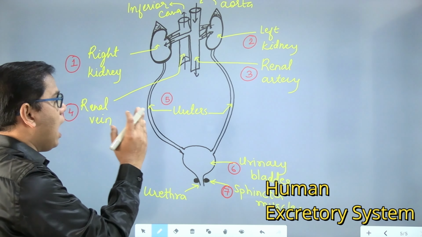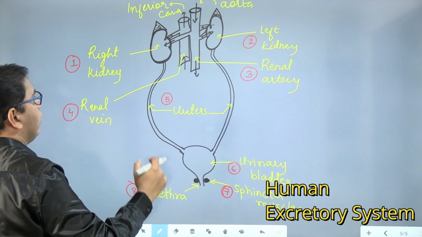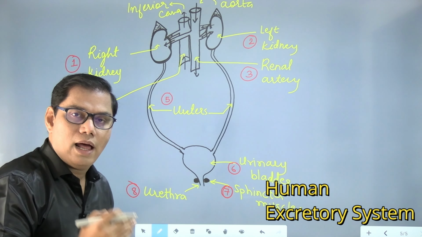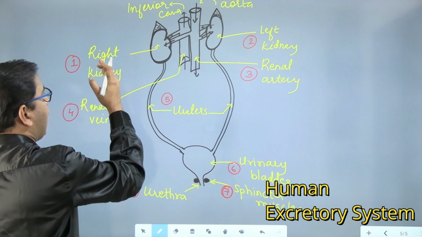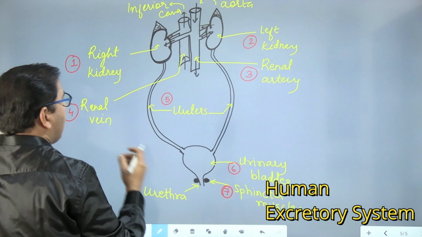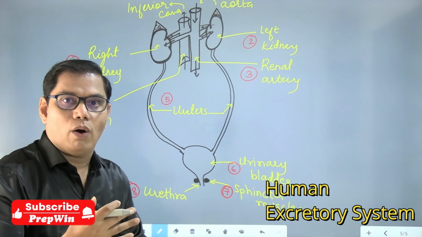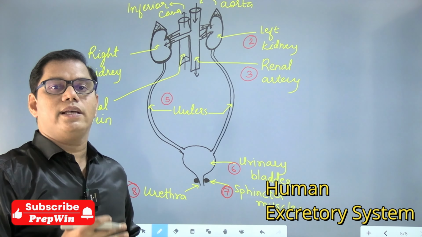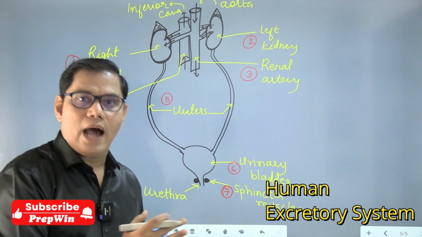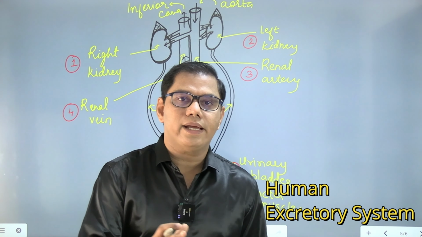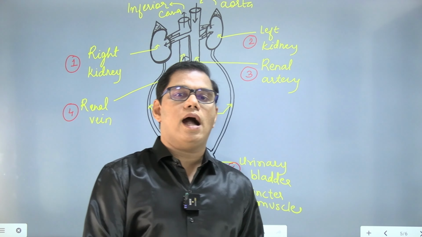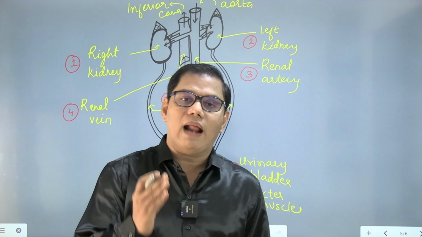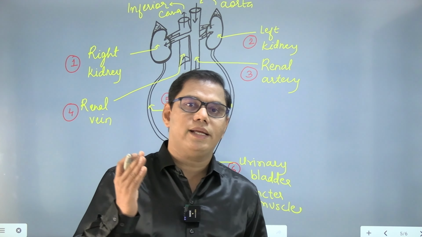So these are 8 important parts of the human excretory system. A diagram may be given to you and you will be asked to identify the parts numbered over here, or you may be asked to draw this diagram. In both cases we are exam ready, aren't we? Have a look at this diagram and we are meeting again in our part 6, where we are going to draw the transverse section of artery and vein.